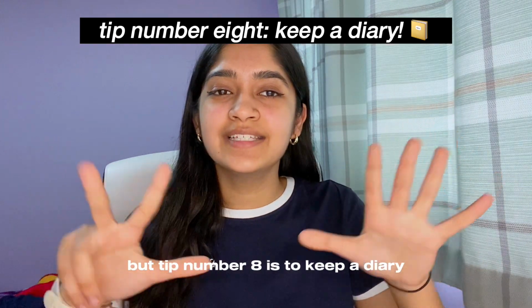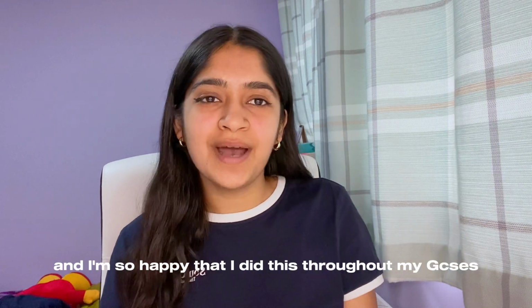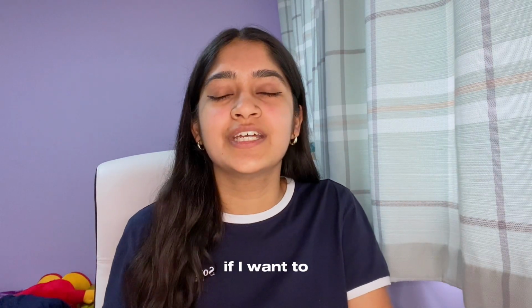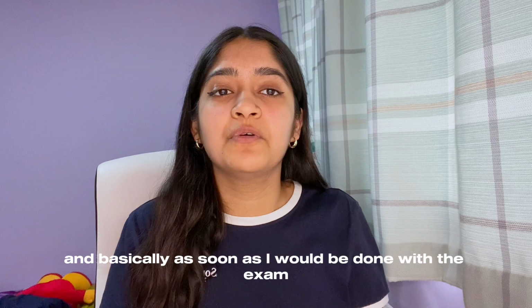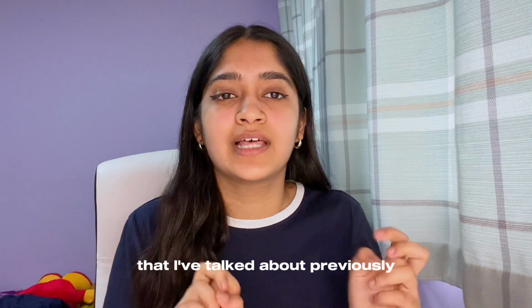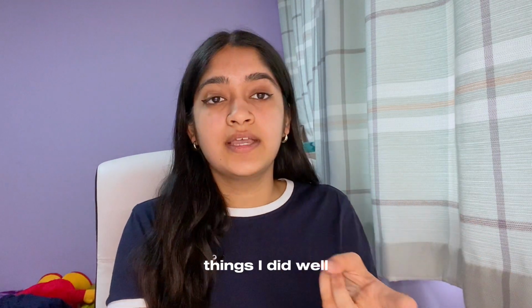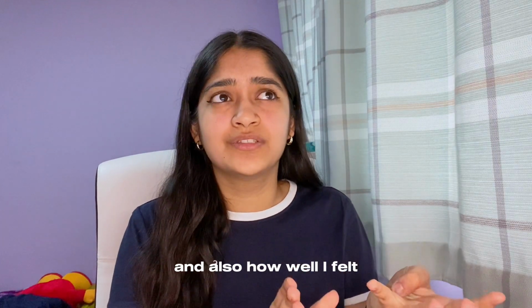a false grade. A bit of a bonus tip, but tip number 8 is to keep a diary or write about each exam as soon as you finish it. I'm so happy that I did this throughout my GCSEs, because now I have a little summary that I can go back and read if I want to, and I type these all up on my notes app. As soon as I was done with the exam, in the same 15 minutes that I've talked about previously, I would write about how well I think I did, things I did well, things I know I completely flopped, and also how confident I felt throughout the exam, and also after